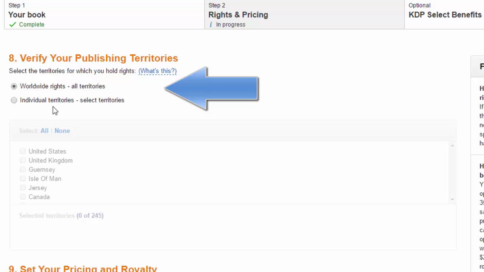Not really sure why you would ever want to have it uploaded specifically or available specifically to certain countries, but you know, sometimes it may be that you only want it available in the United States or in the United Kingdom or whatever. So this is where you can limit the publishing territories. Otherwise, just keep it worldwide rights. That way it'll be available pretty much anywhere. Then we're going to go to